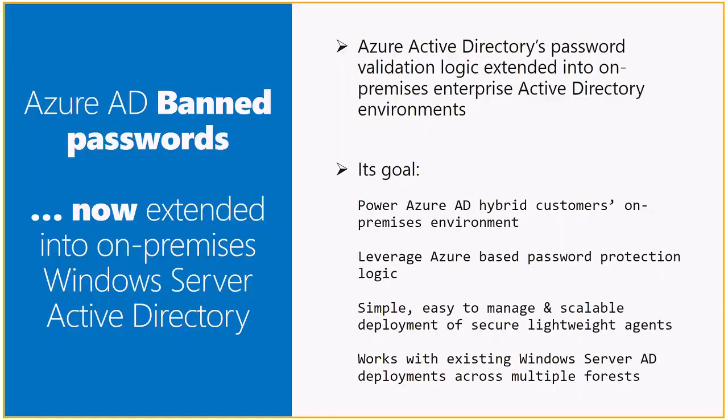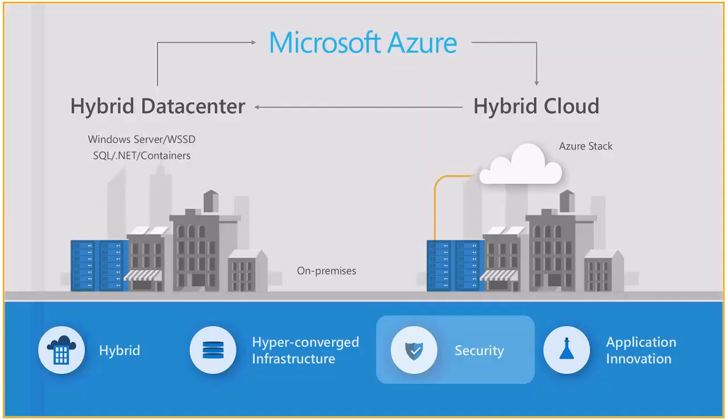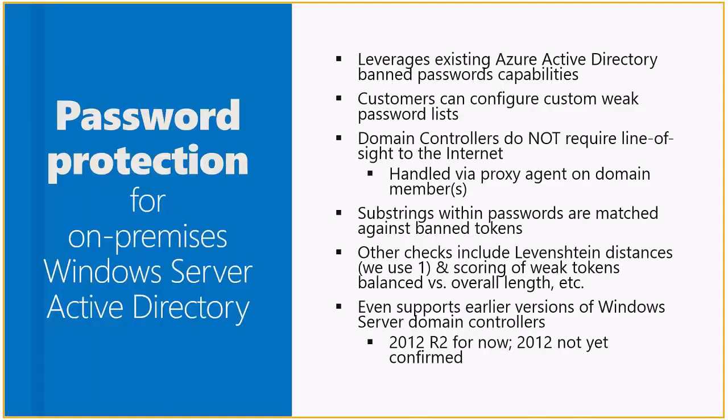And the goal of password protection for on-premises server Active Directory was to not reinvent that in a less capable solution. The server team went, we've got an Azure service that's already doing this. So let's take advantage of that. Let's use this integration. Let's think of this in a hybrid world. Let's hook Server 2019 into Azure Active Directory, into that banned password service, and let's make that available